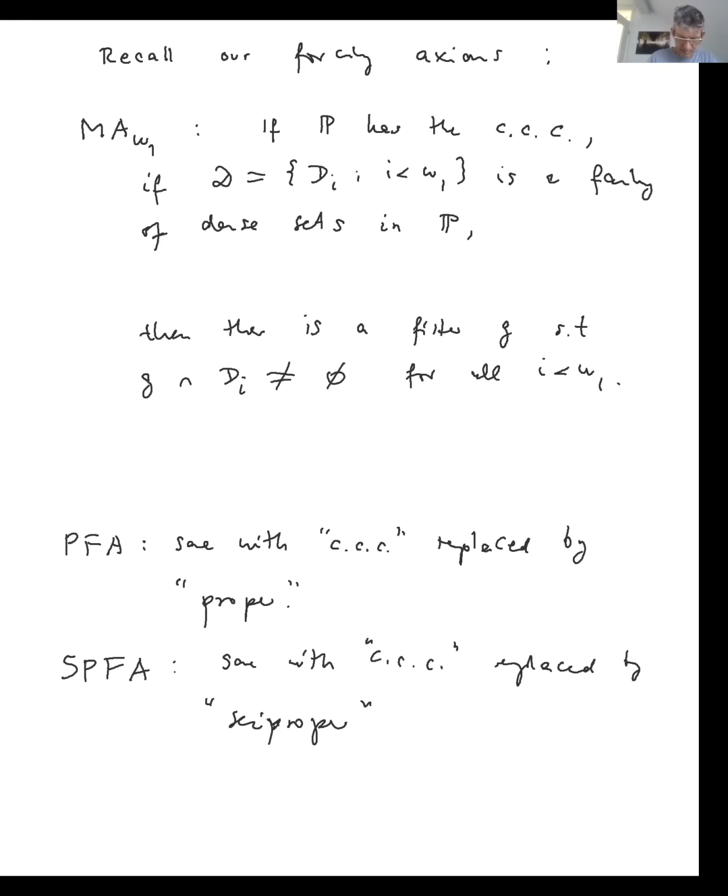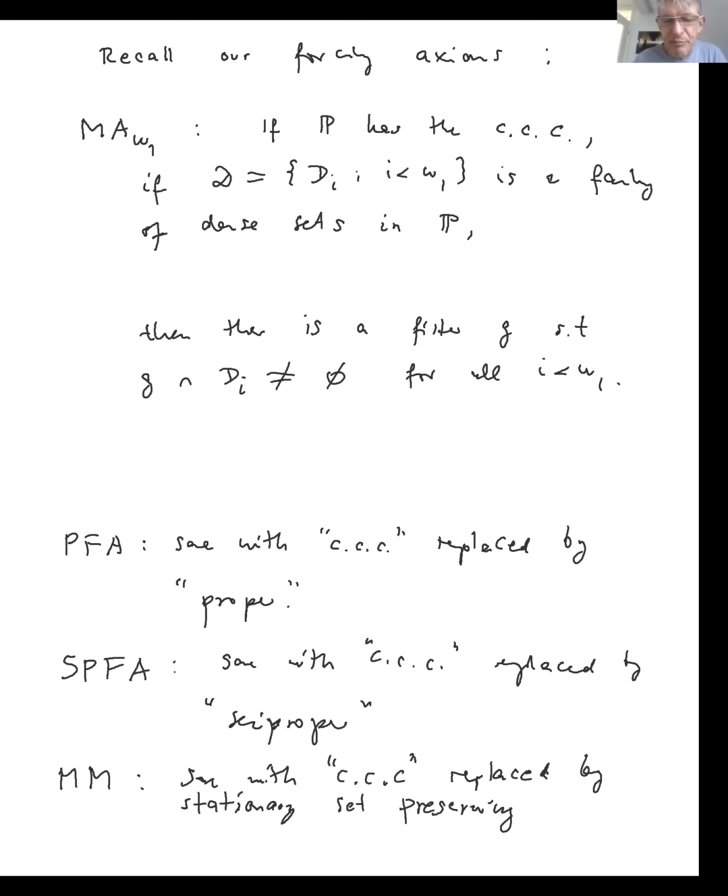And finally, Martin's maximum is again the same with CCC replaced by stationary set preserving. And remember, stationary set preserving meant that you preserve stationary subsets of omega 1. Every proper forcing is semi-proper. Every semi-proper forcing preserves stationary subsets of omega 1. Okay, and now